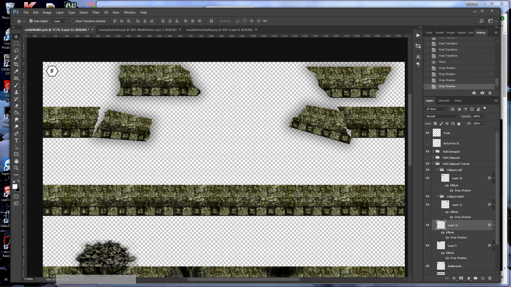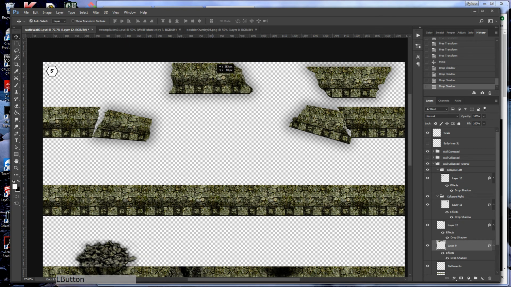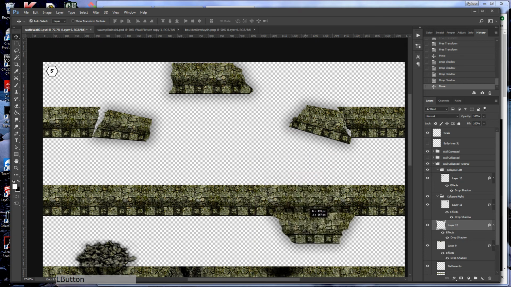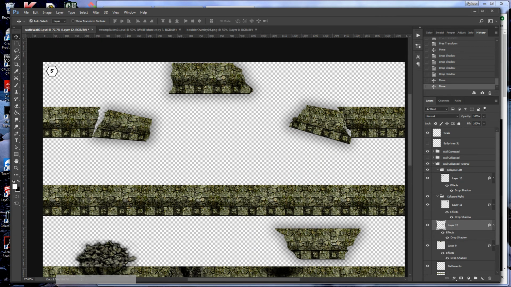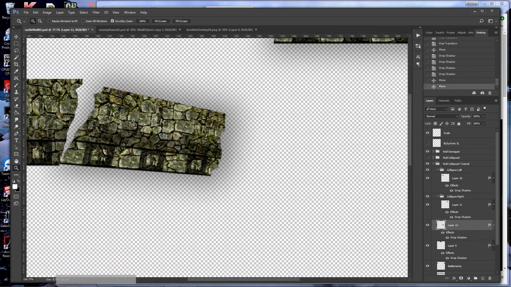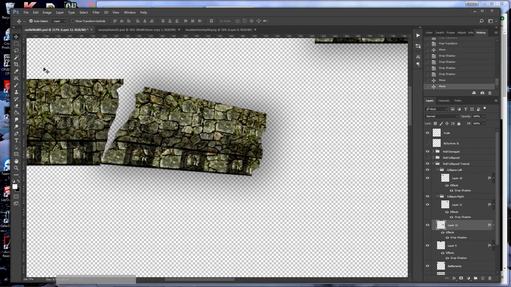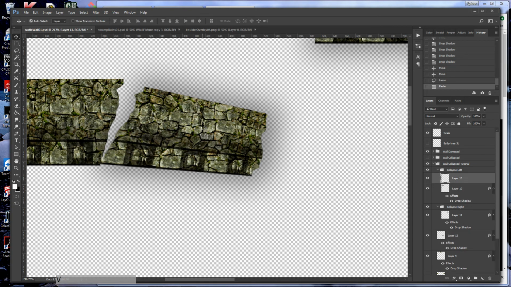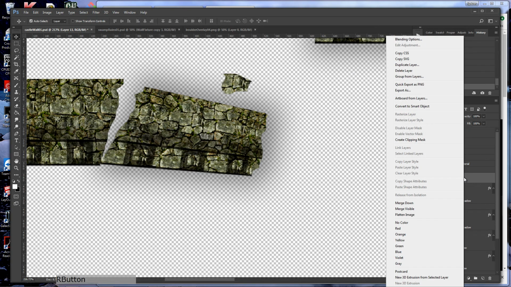Okay. Again, we're not going to be doing a whole lot with these guys. In fact, I'm going to drag him down out of the way for now. Okay, so we're going to work on this left-hand collapse section first. And what we now want to do is add the boulders individually. Now, you could do this two different ways. You could grab a piece of your texture and paste it in there,